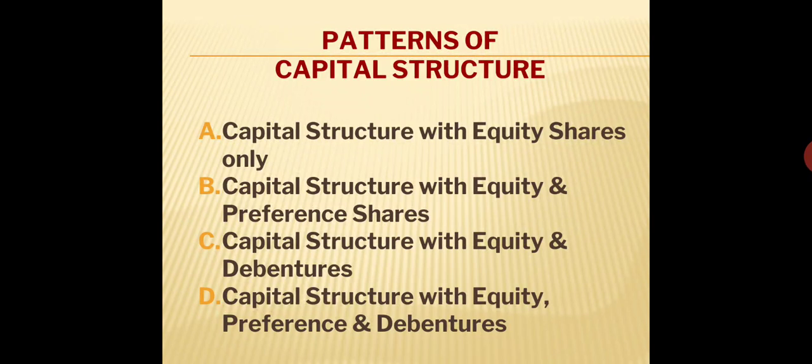Then the second one, in the case of default, if the company is not financially strong, if the creditworthiness of the company goes down, at that point of time it is too difficult for the company to repay the debenture principal amounts to their holders. So when there is a default from the side of the company, at that time it is really very difficult to pay the principal amounts to its debenture holders.